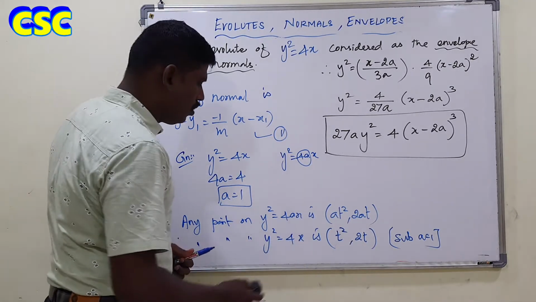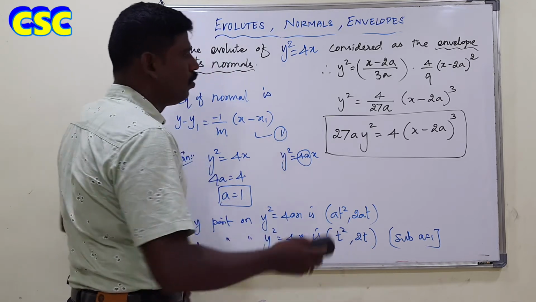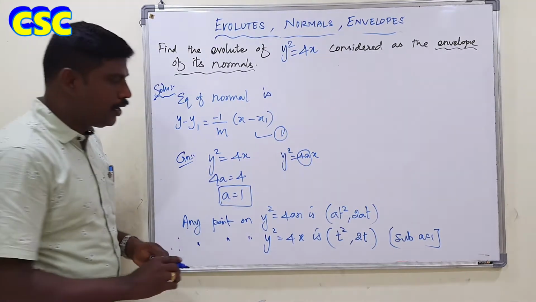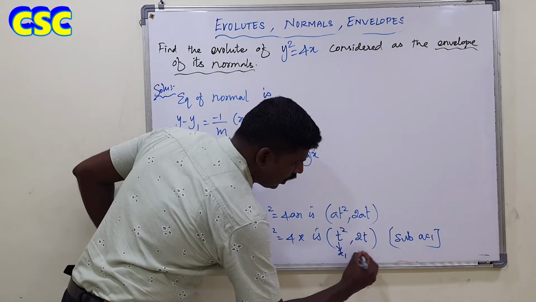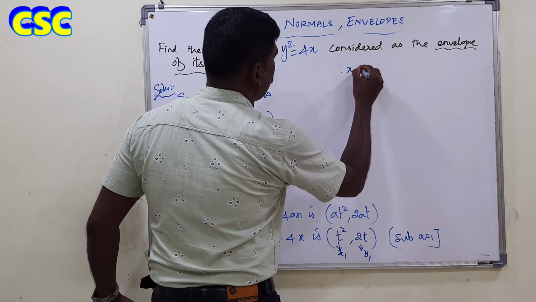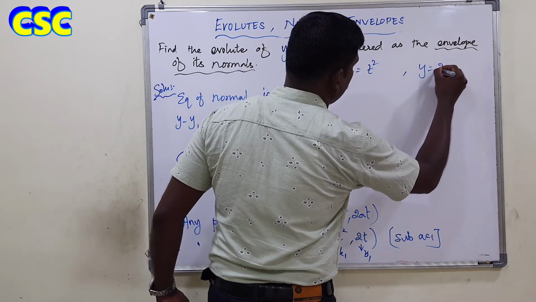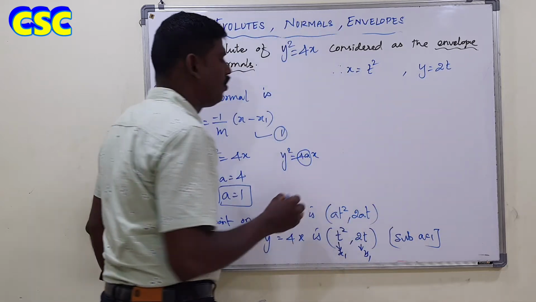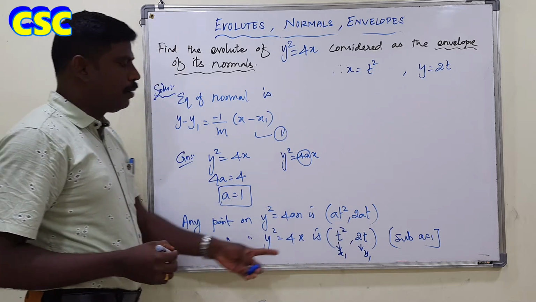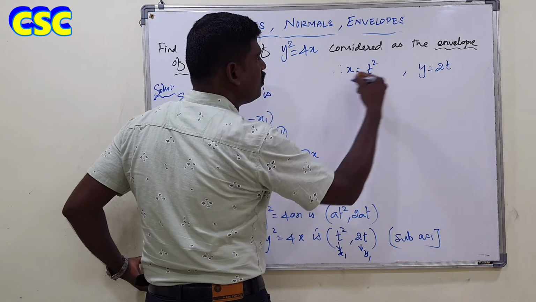So now I know any point on the curve. We can take it as x1 and y1. I find the values of x1 and y1 through any point on this curve. So this can be taken as x1 and this can be taken as y1. Therefore the parametric form of the given equation is x equal to t square, y equal to 2t. Now I am going to find the value of m. Already I found x1 and y1 from any point on the given curve. Now I am going to find m by taking differentials with respect to t.